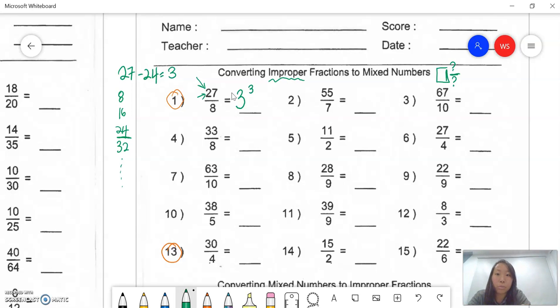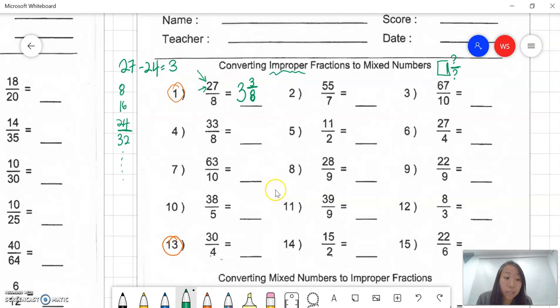So 3 will be on my numerator over 8, right? So 3 parts of 8 that are remaining out of this whole number that we have converted that to. All right, so in terms of converting your improper fractions, you are just basically finding out how many groups of whatever the number is on the denominator that's within your numerator as you convert improper to mixed numbers or mixed